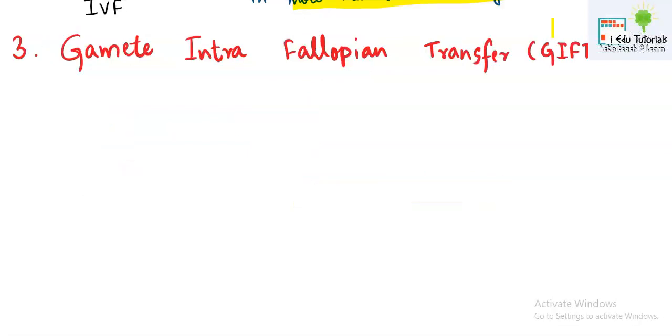The next ART is gamete intra-fallopian transfer, abbreviated as GIFT. The name makes sense, as gametes are transferred inside the fallopian tube. Sometimes the female partner is unable to produce a secondary oocyte. In this case, the gametes are flushed in from outside, meaning a donor donates the gamete and it is inserted